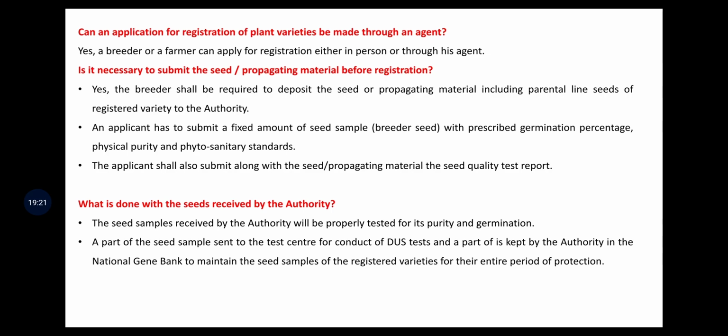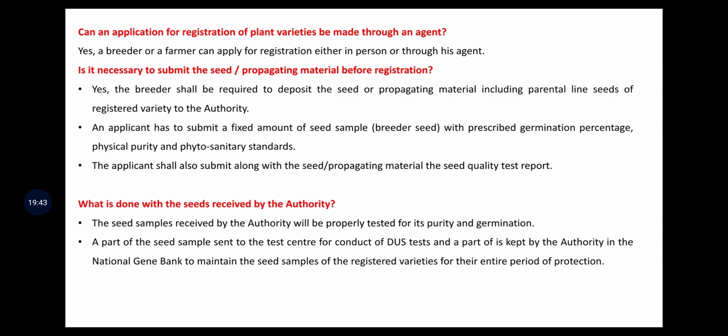A part of the seed sample is sent to the test center for conducting DUS test and part of it is kept by the authority in the National Gene Bank to maintain the seed samples of registered variety for their entire period of protection. That means one part, आप जो जितने भी seed deposit करेंगे, there will be a prescribed amount of seed to be deposited